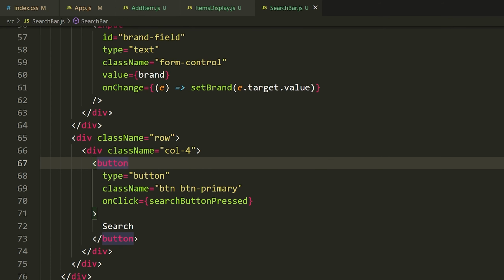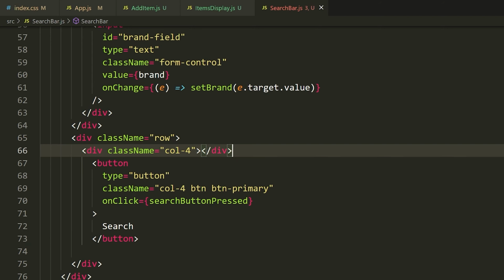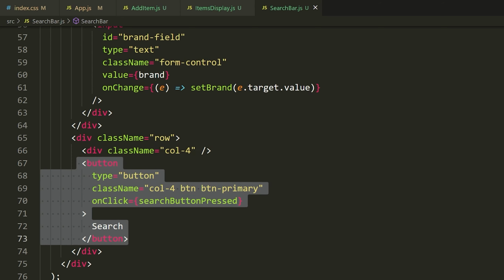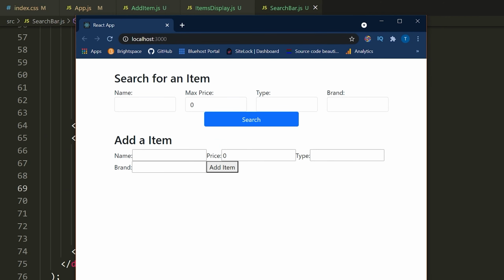Okay, so I found the error. What we actually need to do is we need to put the col4 tag right here on the button. So I actually don't need it in this div, because what I'm going to do is take this closing tag of the div, and I'm just going to close it right up here. In fact, I can actually just do a slash like that to close the div, because the point of this div now is going to be to push this column over 4 spaces in the grid. So just look at it. I've added col4 here. I've added col4 as another class for my button. And now if I go here, notice it's in the middle and it's centered and it's taking up 4 spaces